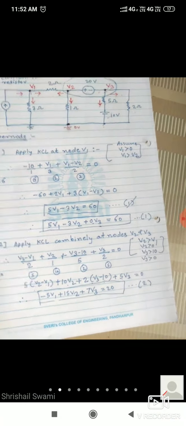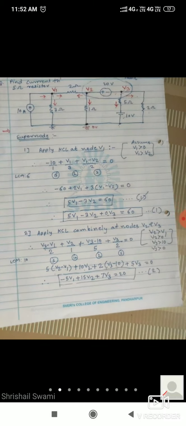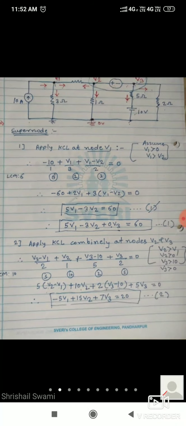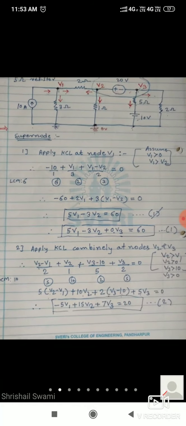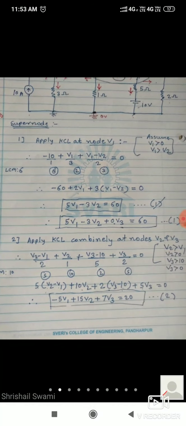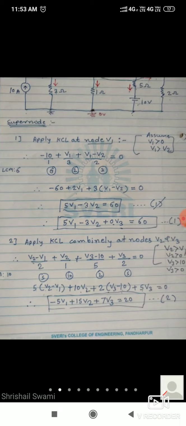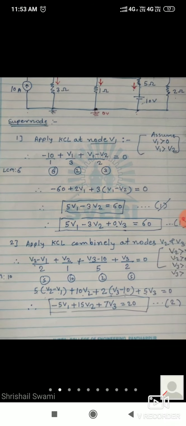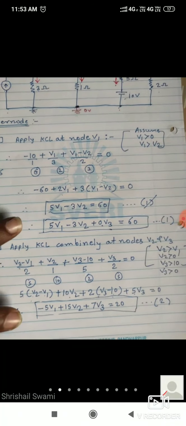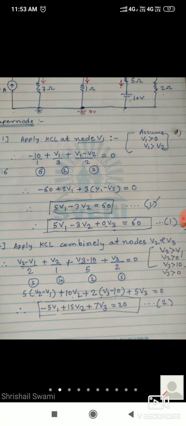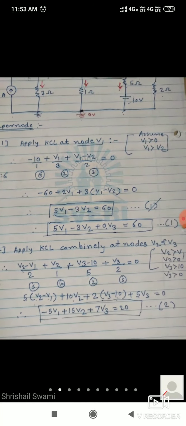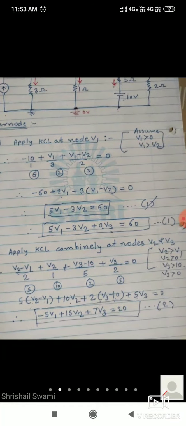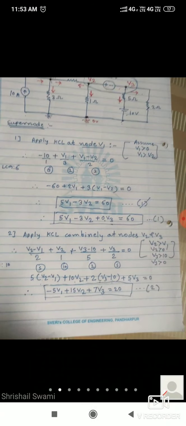So as of now we cannot find out three unknowns. What are the three unknowns? V1, V2, V3. So we cannot find three unknowns using two equations. To get three unknowns, we require at least three equations. Already we have only two, equation number 1 and 2, but unknowns are 3. So it is insufficient data. So how to get the third equation? Without getting the third equation you cannot find out the values of the unknowns. So how to get the third equation?